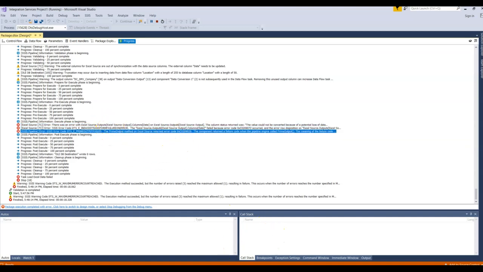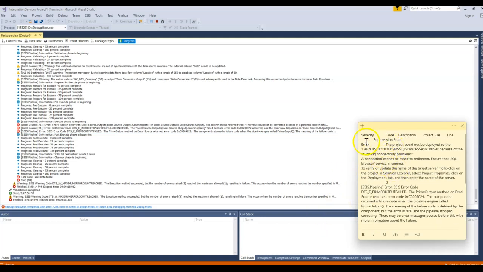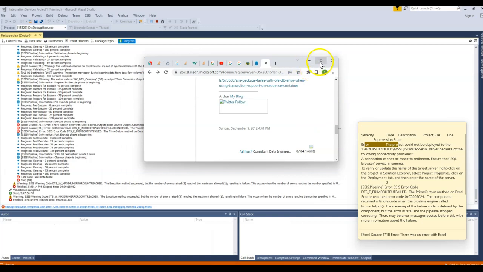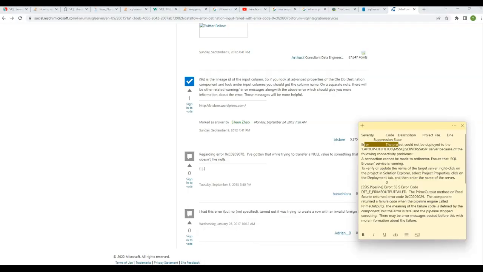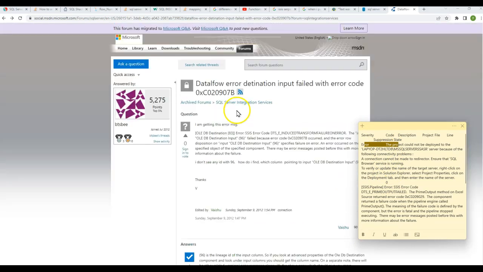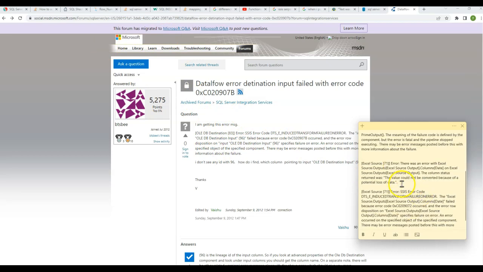So the first thing that you have to do is copy and paste this over so you can read it clearly. But basically, what I do is I go through this and I try to read it, see if it makes sense. And if it doesn't, I just take a good portion that really describes the issue and I copy and paste it online. And from there, you find forums where people are going through the same issue. So, the first few didn't give me much information, but the